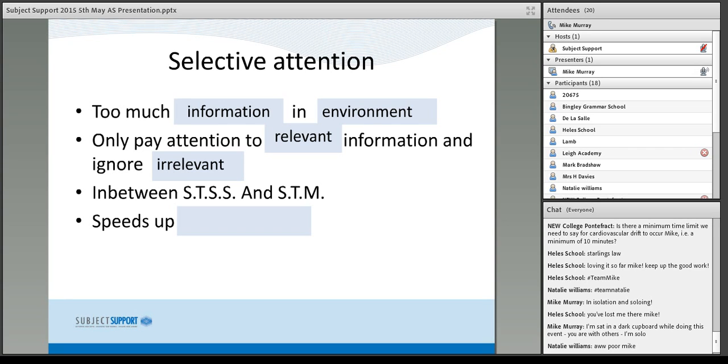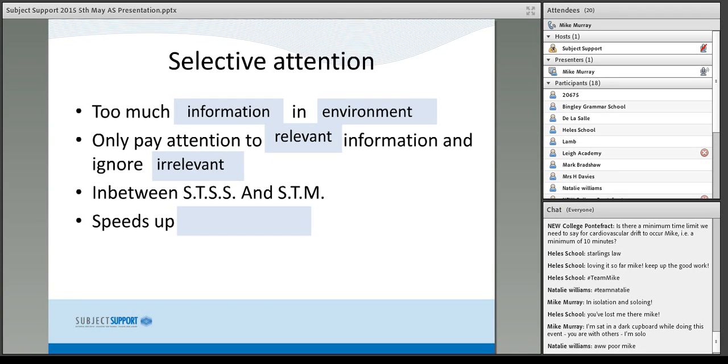Now that second bullet point used to be worth 2 marks: we ignore the rubbish and concentrate on the important stuff. 2 marks. Now it appears from last year's exam that it's going to be worth 1 mark. So it's gone from being a 2-mark response to a 1-mark response. That's relatively important. Second thing is selective attention takes place between, now I've put STSS deliberately, because